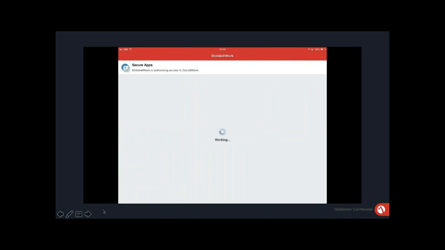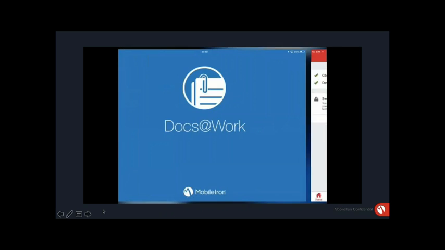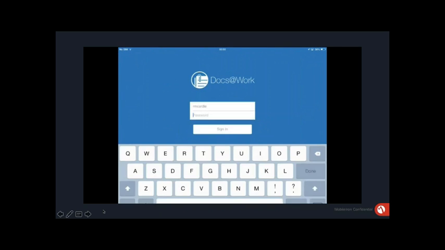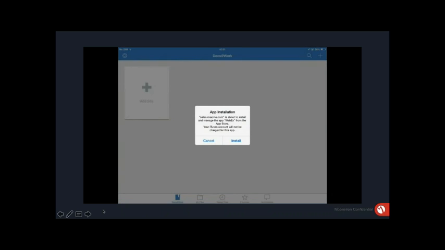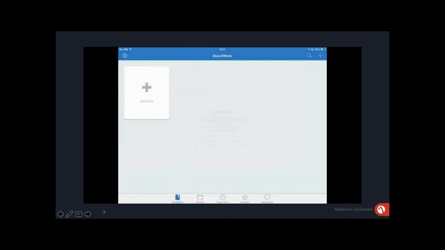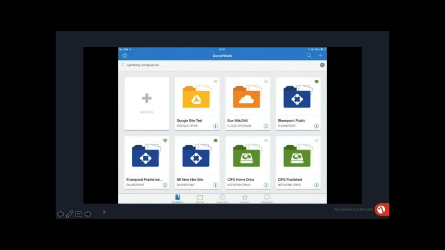As with the apps container, the Docs at Work container is also a secure site, and I'm required to authenticate to go into it. So I just need to add my relevant password and then sign in, and we should then be able to get access. That's just the request to install the WebEx, and there you have it.